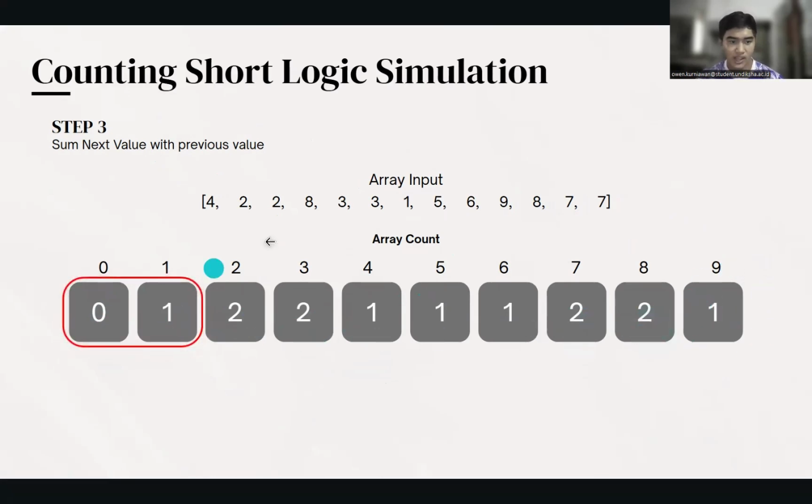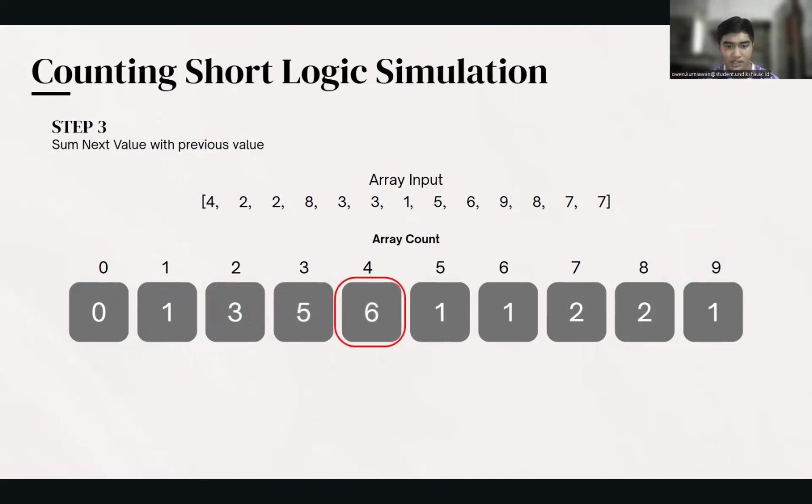Here we'll be adding all of these values. The count for 0 will be plus the count for 1. Because 0 plus 1 is 1, the result will be 1. Then next, we add the count for 1 and the count for 2. Then 1 plus 2 will be 3. Then we keep this process until the end.